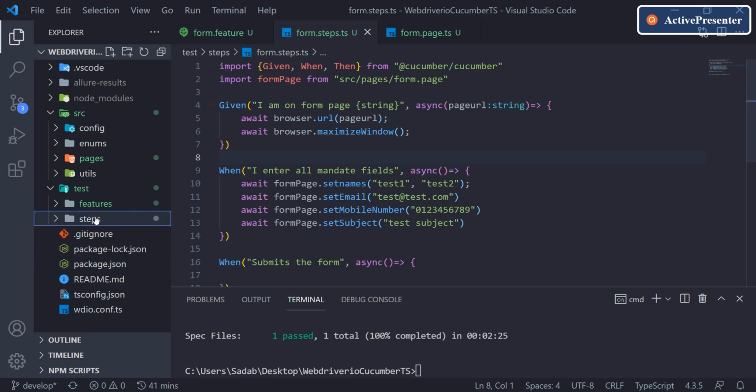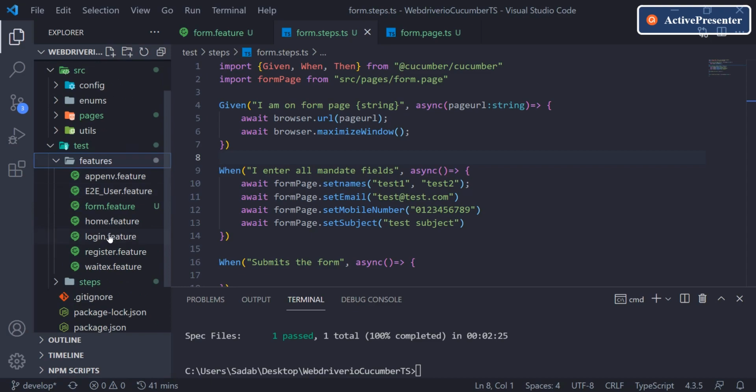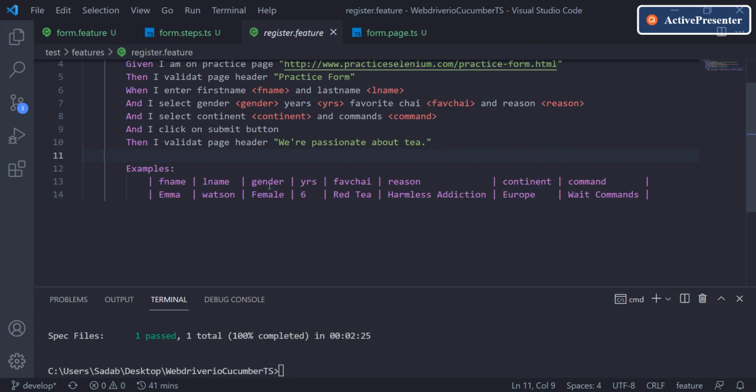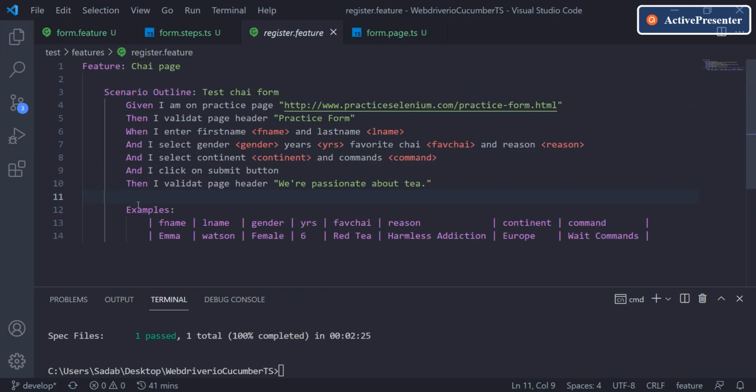Now, before moving to today's topic, if you remember in some previous video, we have seen how we can pass the test data for an application from an example table in the feature itself. We have taken this website as an example where we have created some steps and we needed to enter the first name, last name, and a few other data, and that data we have passed as an example table.